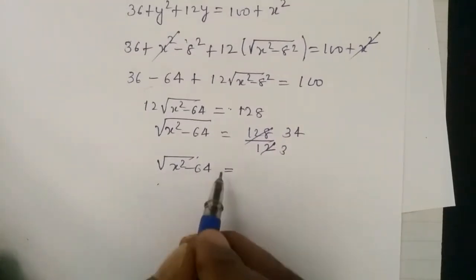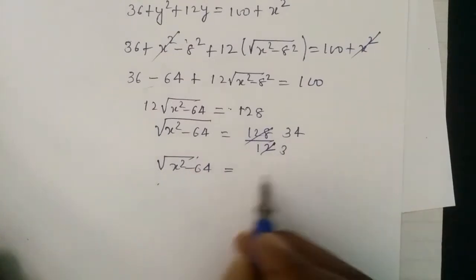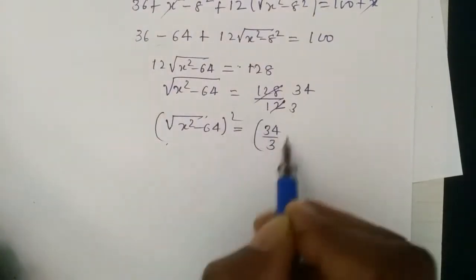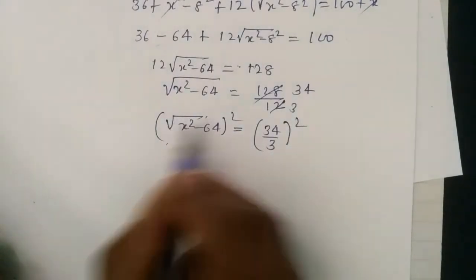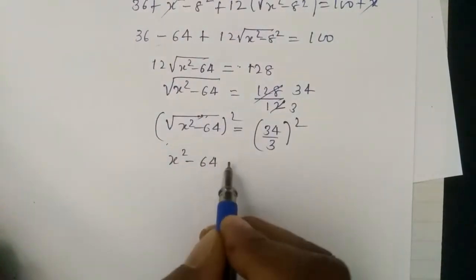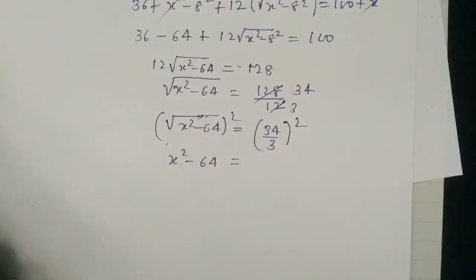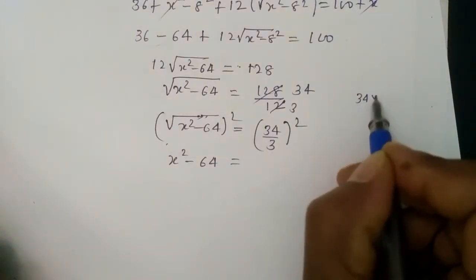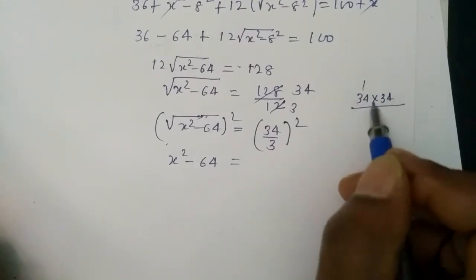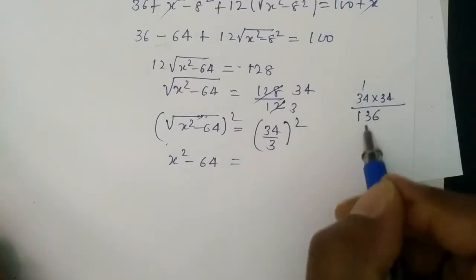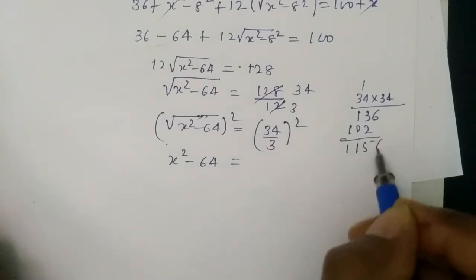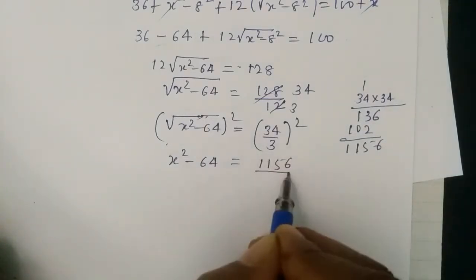Then to remove a square root, we'll apply square on both the side, like this. So square on both the side applied, square and square root it cancels, it becomes x square minus 64 only, but this side 34 square by 3 square. So 34 square, 34 into 34, 4 4s are 16, 1, 4 3s are 12, 13. So 3 4s are 12, 1, 9, 10. So it becomes 1156. 1156 whole divided by 9.